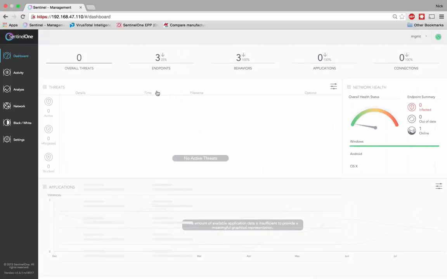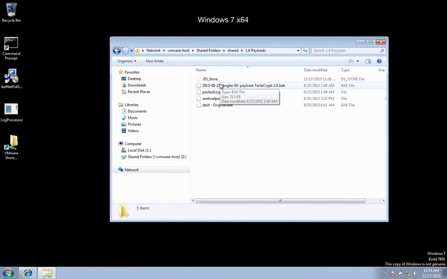Hello and welcome to the demonstration of the new remediation feature of the SentinelOne Endpoint Protection Platform. In this video, we'll be showing you how SentinelOne can help you remediate even the most invasive of malware with a few simple clicks. To get things started, I'll be taking a variation of ransomware known as TeslaCrypt 2.0 and